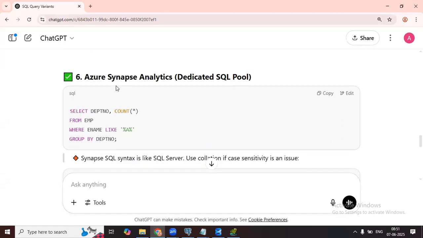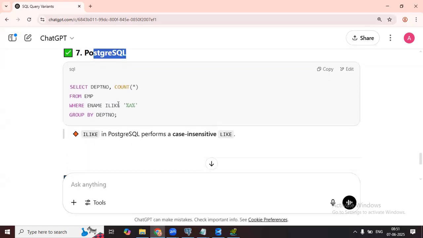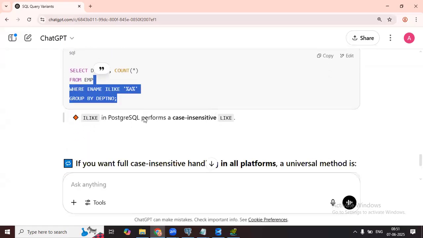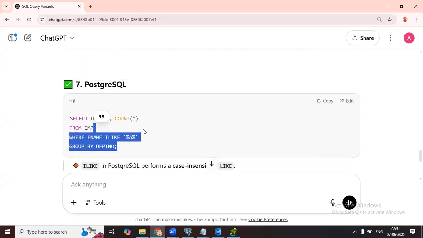If you go to Azure Synapse, what is it telling? Same query. If you go to PostgreSQL, what is it telling? Same query. So that means whatever you did in Oracle, everything is the same. Whatever you are doing in Postgres, everything will be the same. But if everything is the same, why different databases, Arjun? Different companies are providing them.